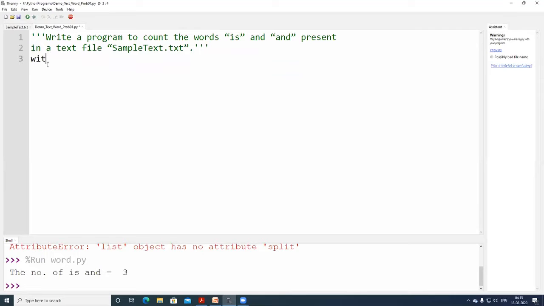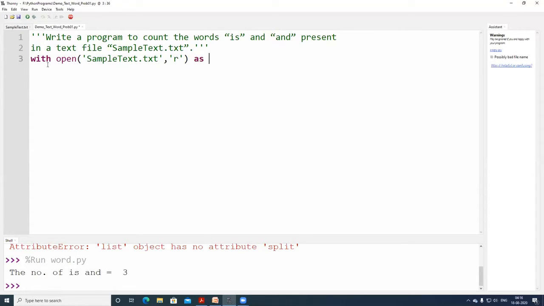With open, the first step is I have to open the file. What is the file name mentioned? The file name mentioned is sample text.txt. Mode is not necessary, but if you give it, no problem. So mode is read mode, as you are reading the data which is already present.